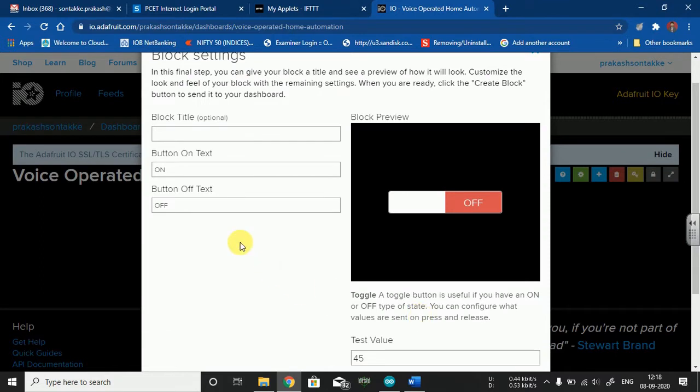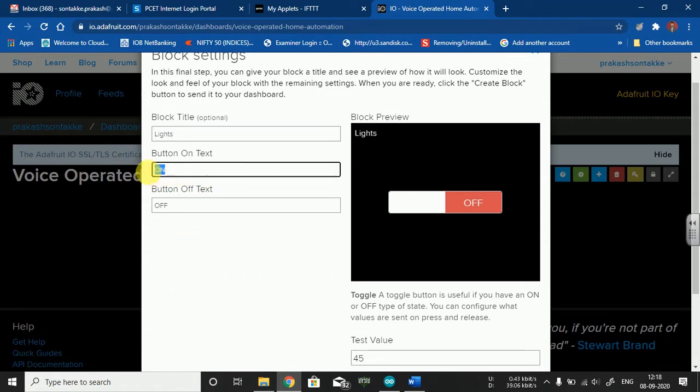Once you click on the next step, you need to provide the name of that particular block. Take an example, I am operating the lamp or lights, so I'll write it as lights. This particular soft button is to operate the light or lamp.